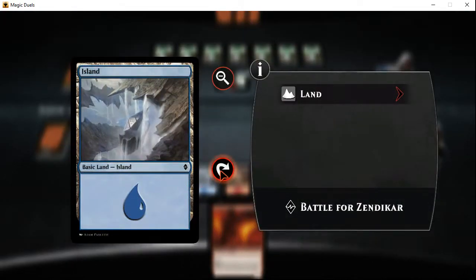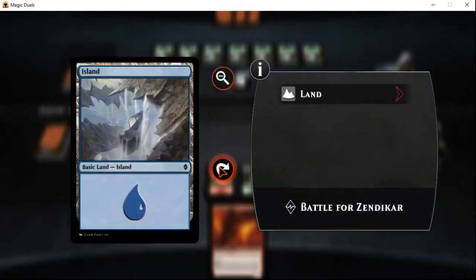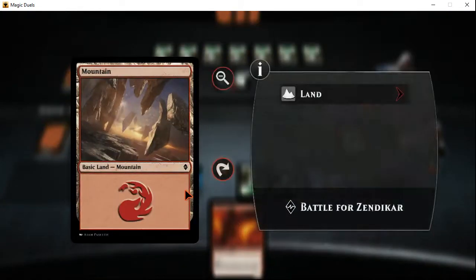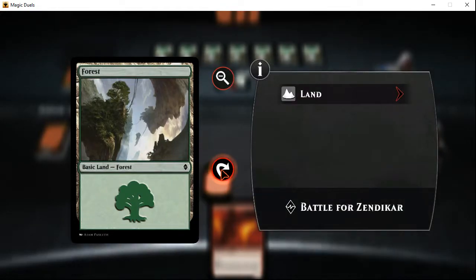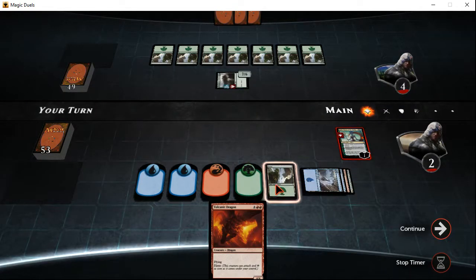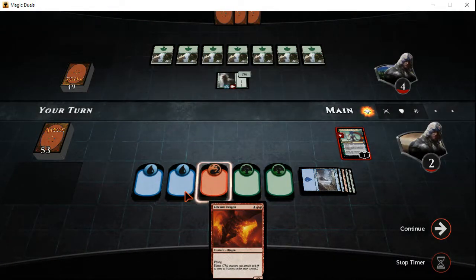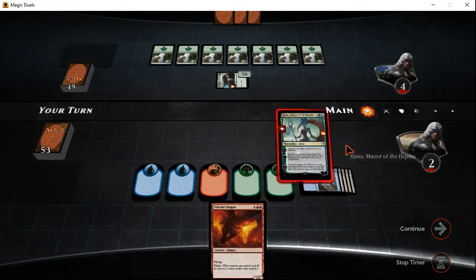But basically, I need to tap them all. And in the game, whenever you click on a land, it'll always automatically zoom in, and it will also automatically give you the option of hitting the tap symbol to say, oh, I'm tapping this right now, go ahead and let me do that. Okay, now I have 5 points of mana, but I still need 1 more, so